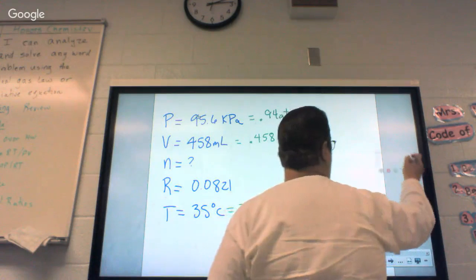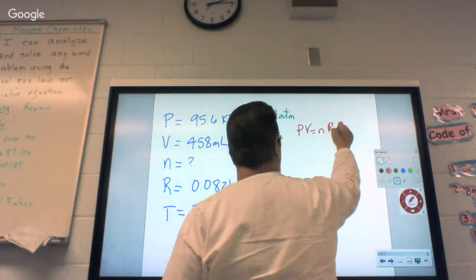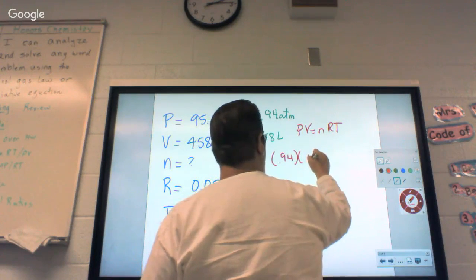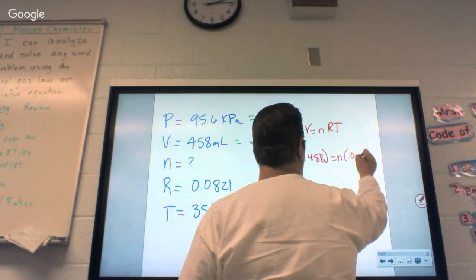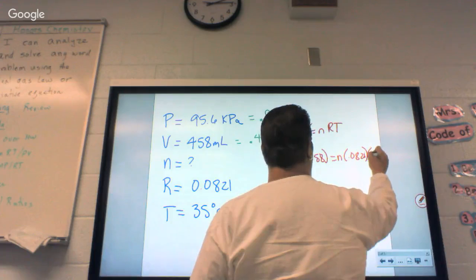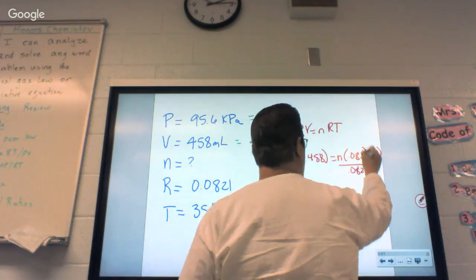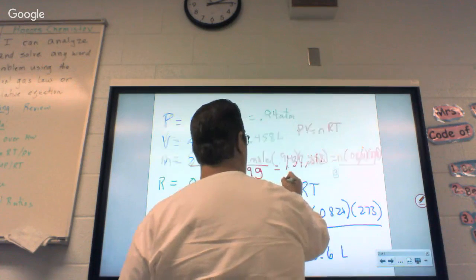So pulling it into PV equals nRT: P is 0.94, V is 0.458, equals n times 0.0821 times 308. Divide by 0.0821 and by 308. Point